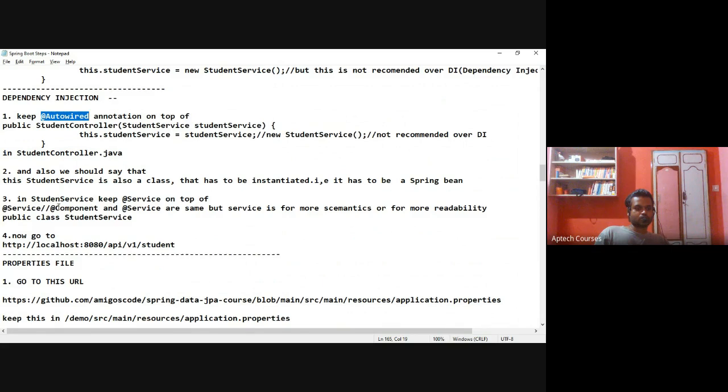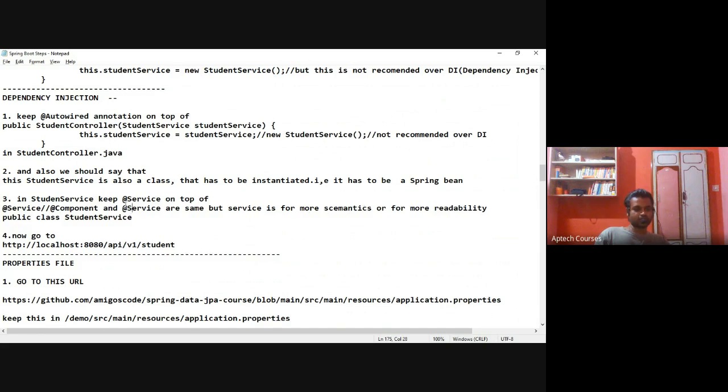Now, in the student service, we need to keep the @Service annotation on top of the class. See here, @Component and @Service are both the same. But in the case of service, it is more readable.